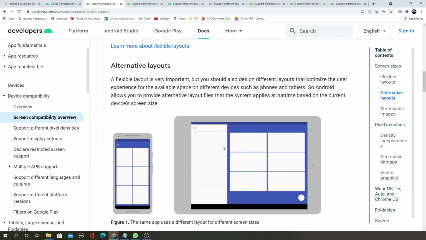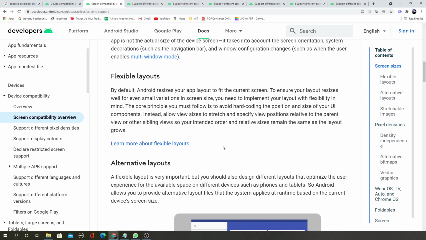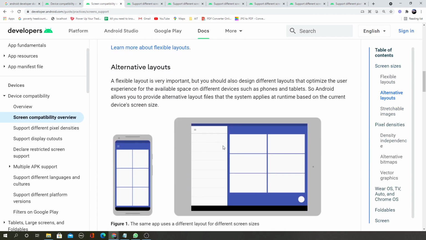Then another technique under screen size is to provide alternative layouts. What this means is to provide multiple or alternative XML user interface files. For example, one XML file for a smaller mobile phone and another XML file for a larger tab, but for the same app. Keep in mind, it's the same app, but it's running on different screens.